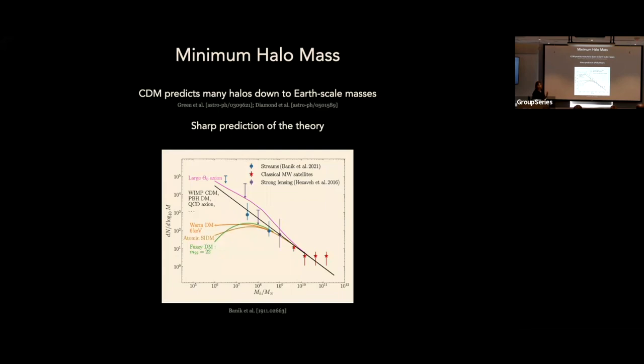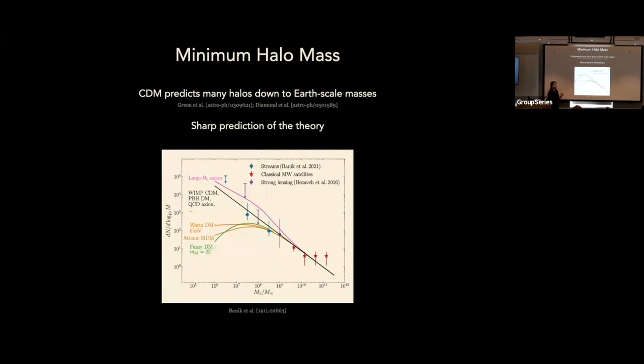And any deviation from that would be a really strong indication that it's not cold, that the dark matter is doing something else. And just as a point of comparison here, these are a few other models. I'm not going to go into detail on them at this stage of the talk, but just to show that as you start varying the dark matter physics, you end up getting deviations from that cold dark matter prediction. A lot of those deviations occur roughly at halo scales of 10 to the 6th, much, much larger than the turnoff that you get from cold dark matter. And so if you're able to probe structures down to this scale and you see a deviation from the CDM expectation, that would be a very strong test of the cold dark matter hypothesis.